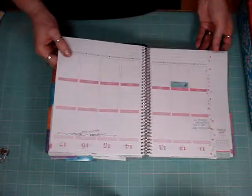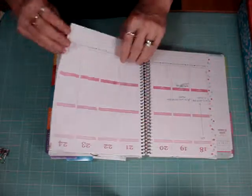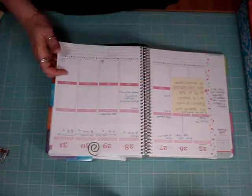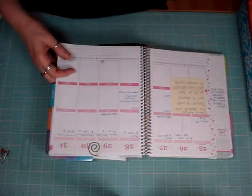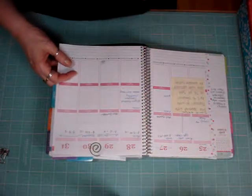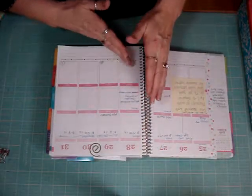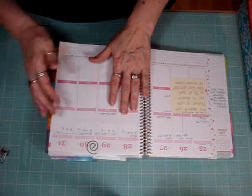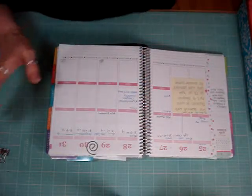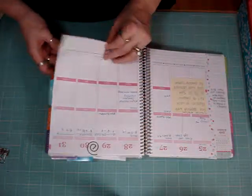Anywho, as I'm going through here, you can see I'm getting pretty frustrated and I'm not keeping up with things. I'm not writing things down. When life gets busy, I don't want to have to take time and go back in and stamp the lines. And I get really frustrated because I don't always write straight, since there's nothing behind here to keep me straight, or no lines on here. So when that happens, I get really frustrated and then I don't want to write on it at all. And so